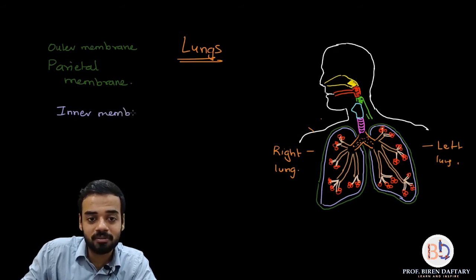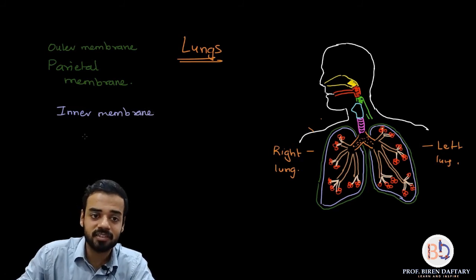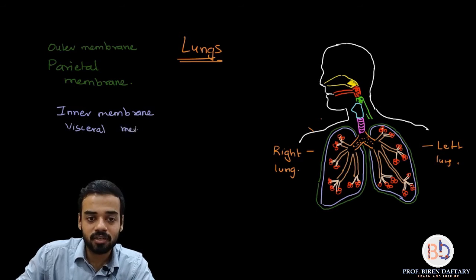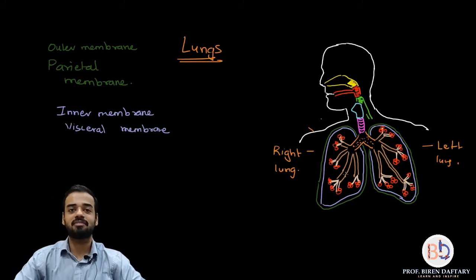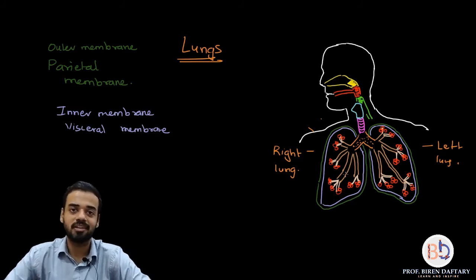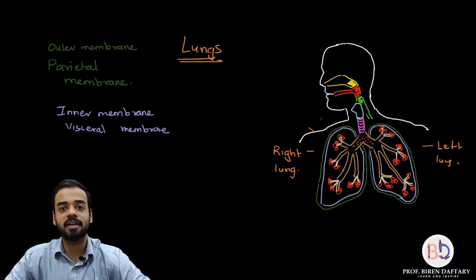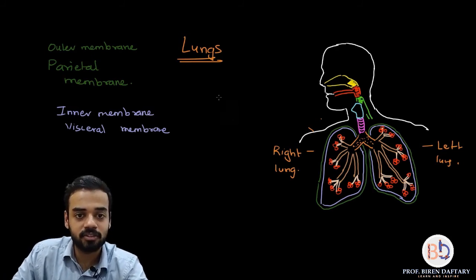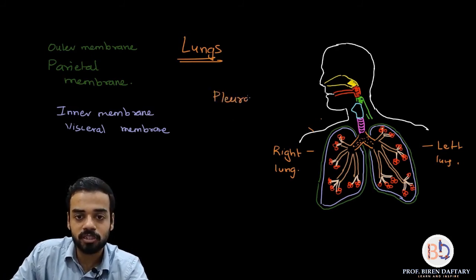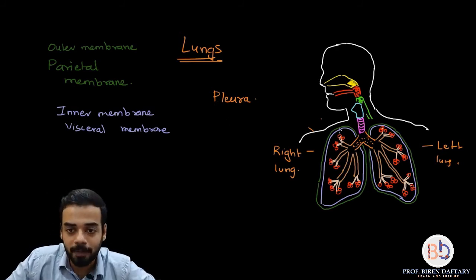So by rule, please remember, in anatomy, if there are two membranes, the outer one is always parietal, the inner one is always visceral. Visceral means surrounding the visceral organs. Viscera is basically the space or the cavity present over here, so that is why they are called visceral organs, and the membrane surrounding them is the visceral membrane. So inner membrane is visceral, outer is parietal. Membranes are also called pleura. That is another word which you should know. Pleura also means membrane, so they are also called parietal pleura or visceral pleura. Now the space between these two.